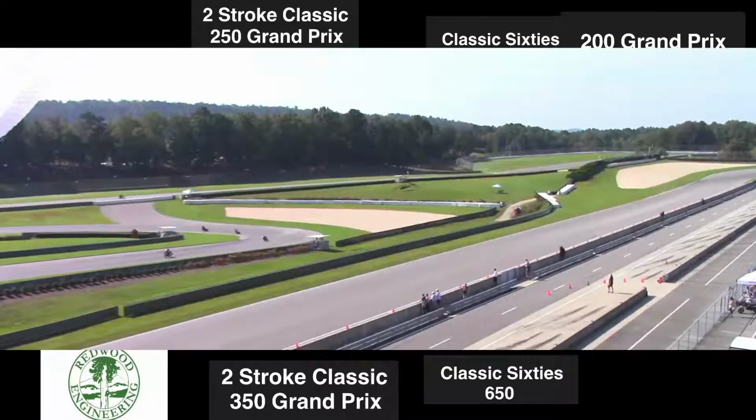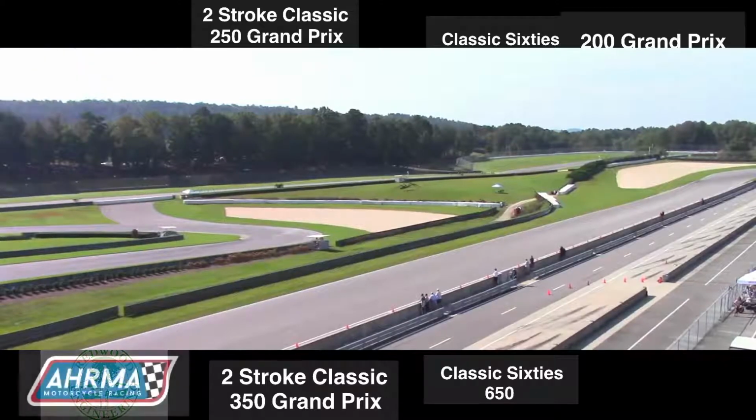Then 558 Jake Hall back there in 6th. Bike number 59C Bill Gould back in 7th. 9A John Sneed back in 8th. 270 Rob Hall in 9th. He's leading for the 200 Grand Prix class. And then bike number 338 Andy Feinlings rounds out your top 10 as John Rickard wastes no time trying to